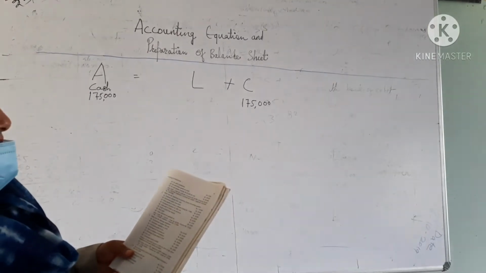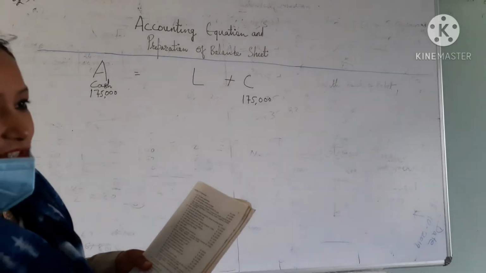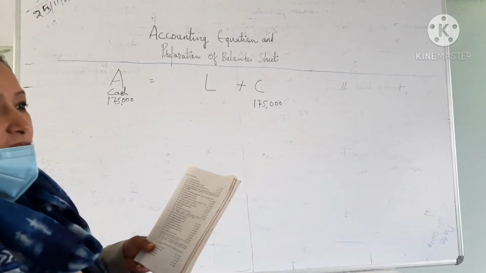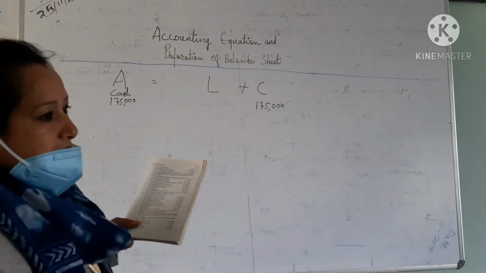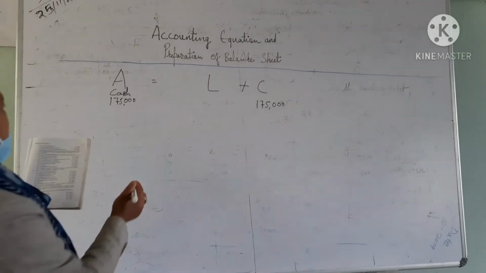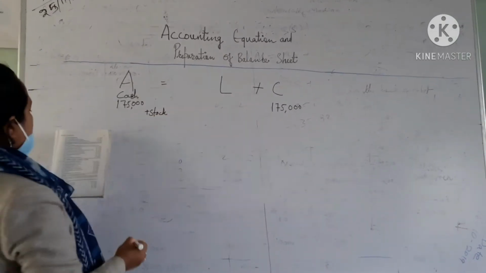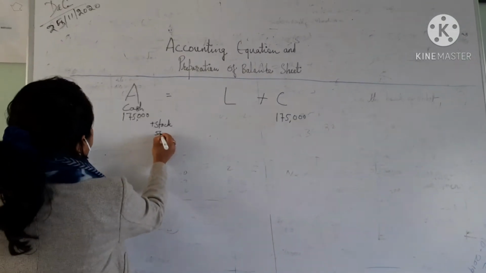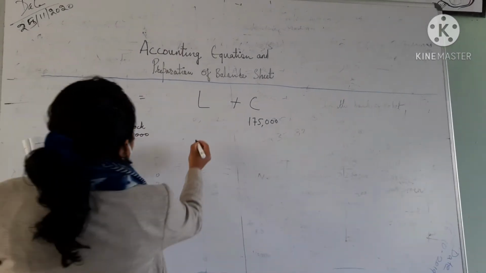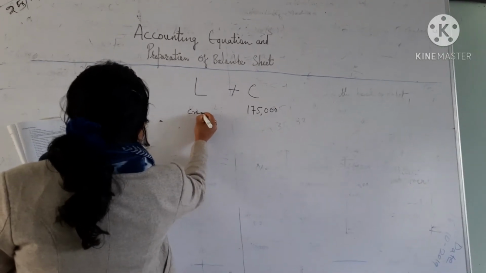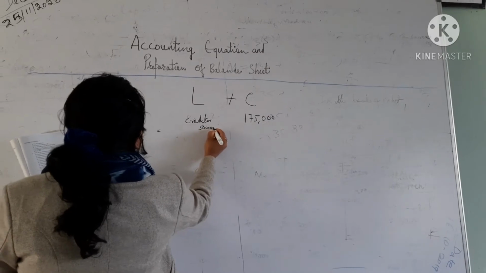But here it is said that purchase from Rohit. That means the transaction is a credit transaction. Okay. Rohit's name is given, which means Rohit is the creditor. So we write that creditor on the liability side. Okay. So we write stock plus, or you can say goods also, and the amount is 50,000. And similarly, what is the other effect? Here creditors increased with the same amount, that is 50,000.